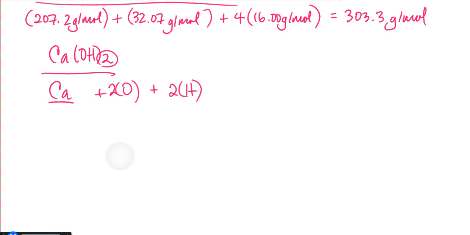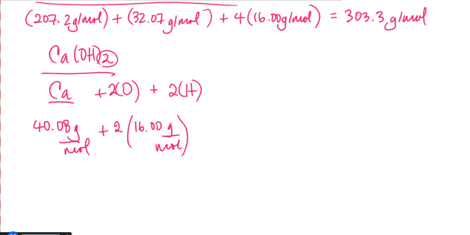So, I would take 40.08 grams per mole for calcium, add that to 2 times 16.00 grams per mole for oxygen, and lastly multiply 1.008 grams per mole by 2 to represent hydrogen's contribution to the molar mass of calcium hydroxide. And if I go ahead and add all that up, I get 74.10